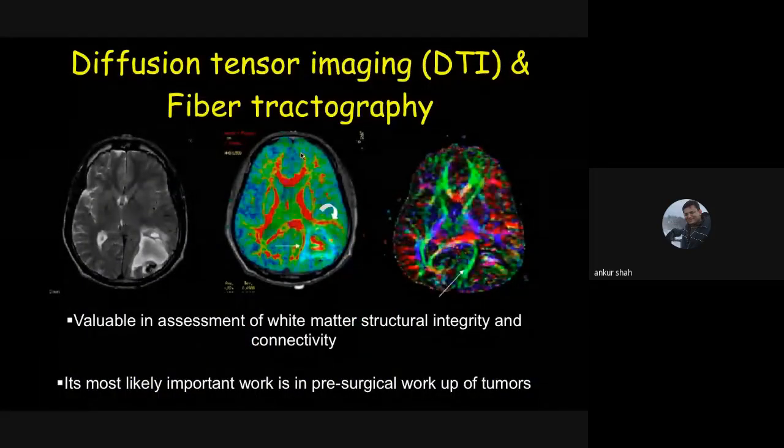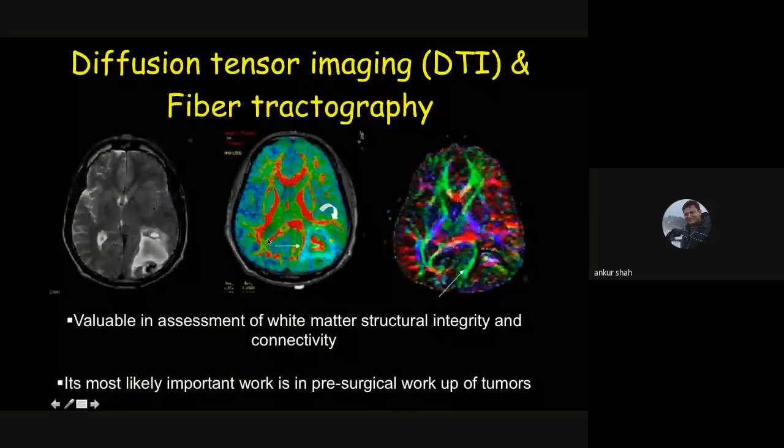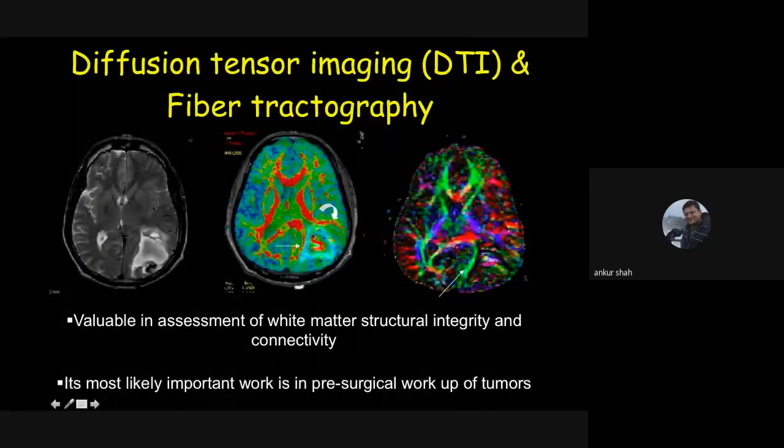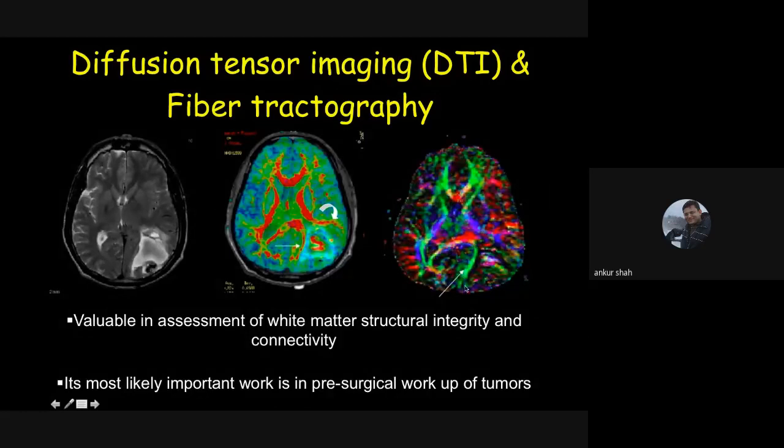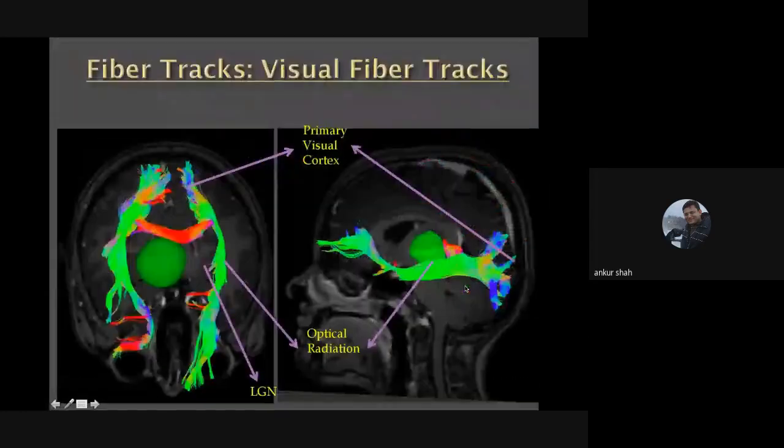Lastly, one more latest thing is the DTI, or diffusion tensor imaging, or fiber tractography. We used to learn the different fibers of the brain in our anatomy, and this detects those fibers clearly. You can see the different cortical fibers which are situated in the brain with the help of MRI. You can even see the relation of the tumor with the fibers, so that the surgical approach can be planned